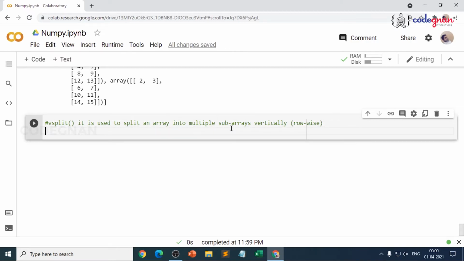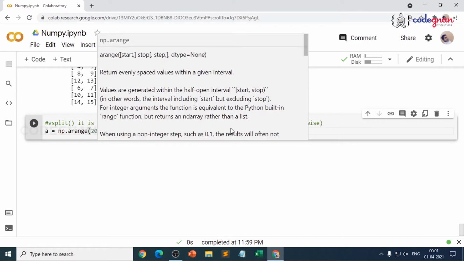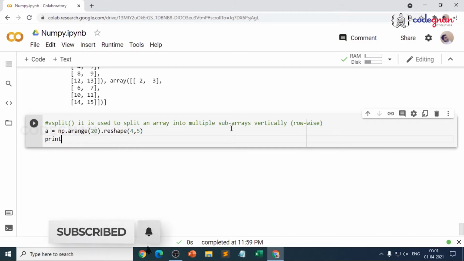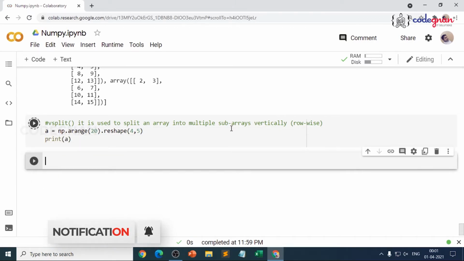We have the same things for stacking. That's where we join with hstack and vstack, because these play a very vital role when you're working on multiple arrays, or when the arrays are in the format of tabular data. That's where we're working with pandas. Why can't we take the same example, but I want to give you a couple of multiple examples. I'll remove the 4 by 4 and pass another example like this: A is equal to np.arange, and reshape. What is the possible split over here? 4 by 5, or 5 by 4. It's up to you. So print A, you get 0 to 19.